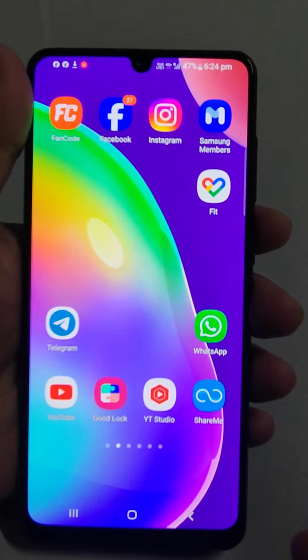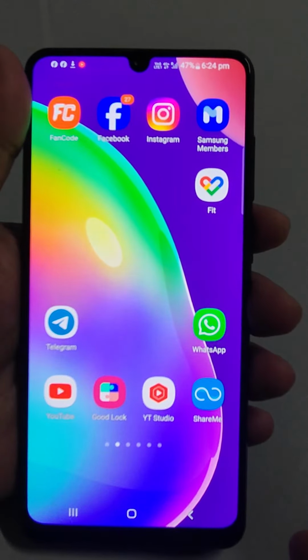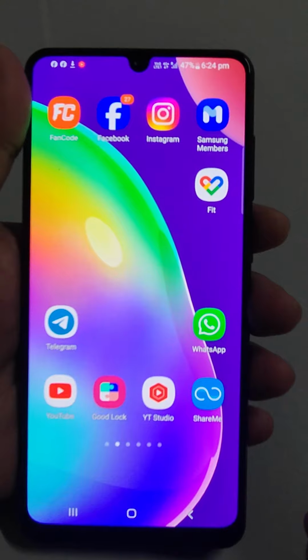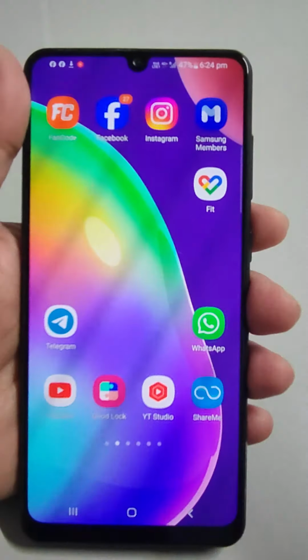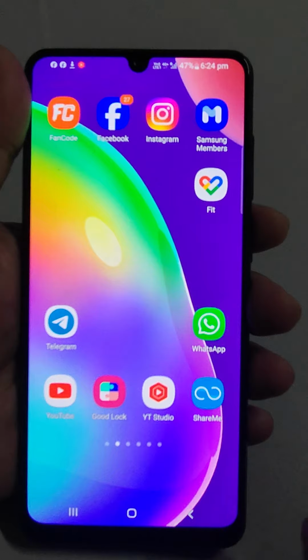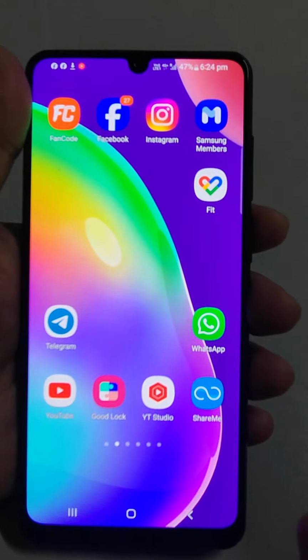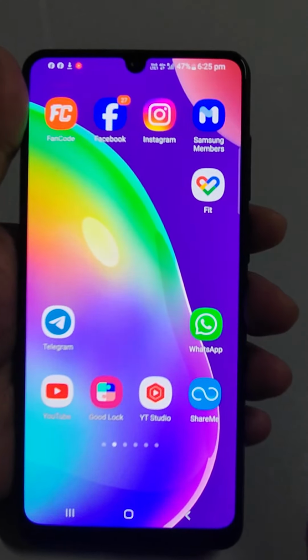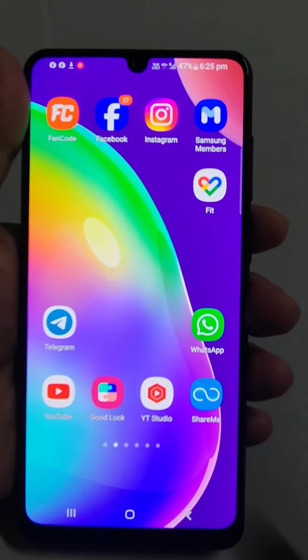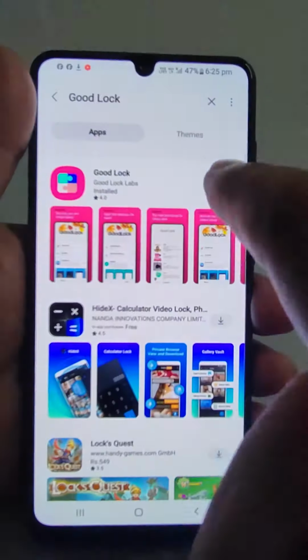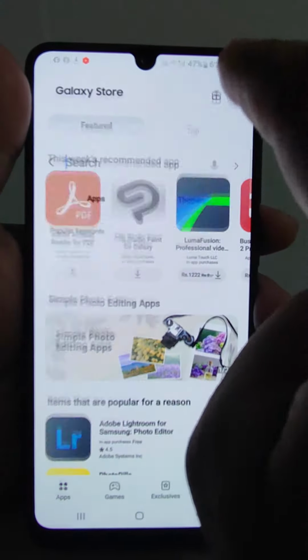If you want to find out which applications are waking up your screen when you have locked it, and suddenly something comes when you are sleeping, many times your phone wakes up and then goes back to sleep mode. If you want to know how many applications in the night woke up your screen, and which applications, I am going to tell you in very quick time. What you need to do is go to the Galaxy Store and search for the Good Lock application,